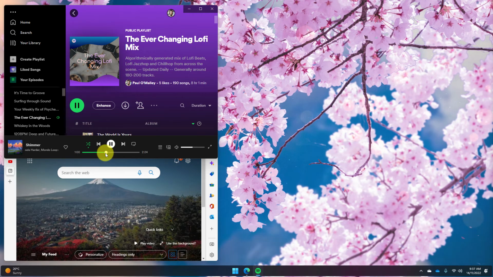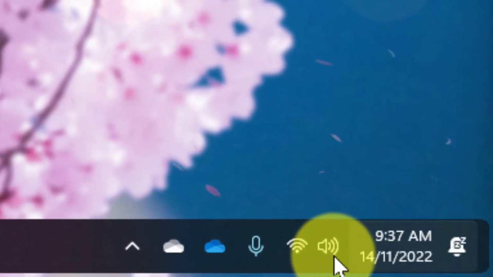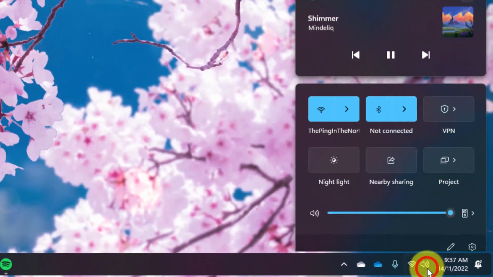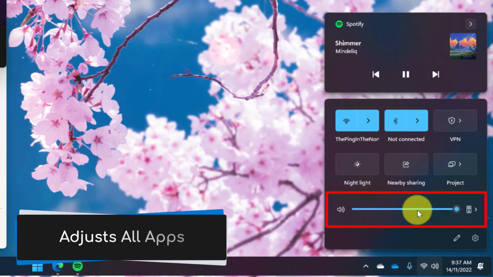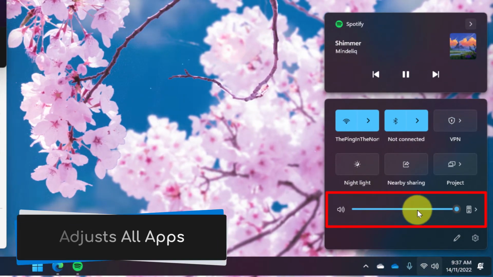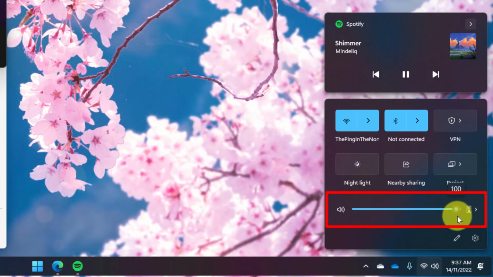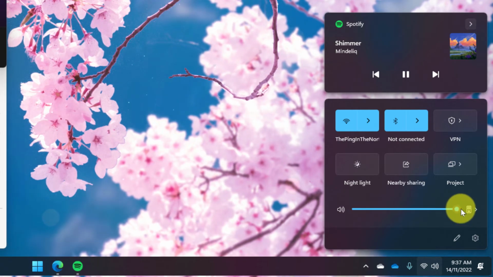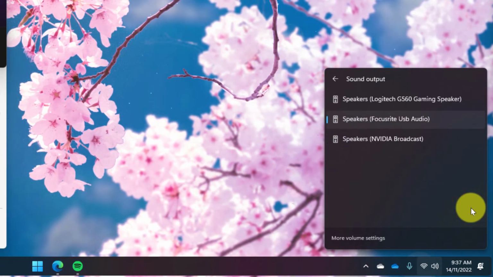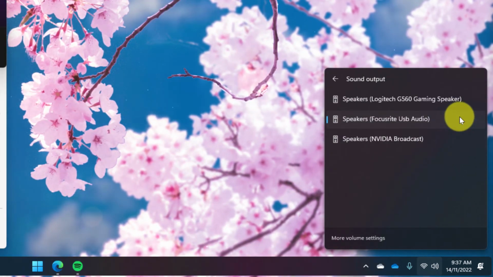Here you can see I have both Microsoft Edge and Spotify open, and I'm currently playing a song. So I'm going to use the volume controls in the lower corner of my screen, and selecting the volume control, I can use the slider to adjust my global volume, just dragging the slider along and setting my preferred volume. But this is a global option. While I'm here, I can also adjust my sound output using the option available there.